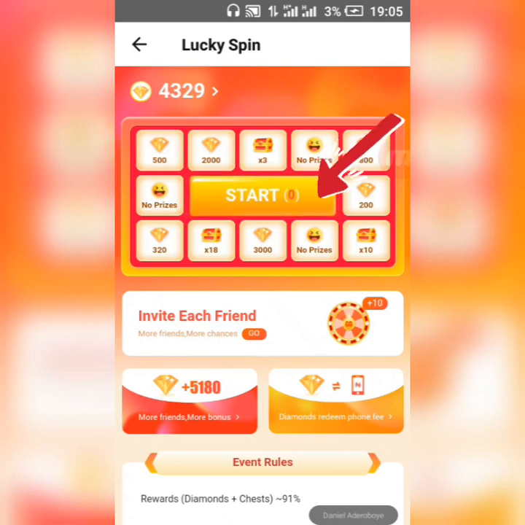You may be lucky to have 2,000 diamond or anything according to the way the rectangle lands. Anything you land on, automatically it becomes yours. And one other way is that when you invite more friends, you have the opportunity to have more spins. So when you invite a friend, they'll give you 10 more spins. And this is just amazing. Seriously, I can tell you that if you do this consistently for a week, you can get 50,000 airtime. Am I saying a week? Even for 3 or 4 days, you can get airtime that will amaze you.